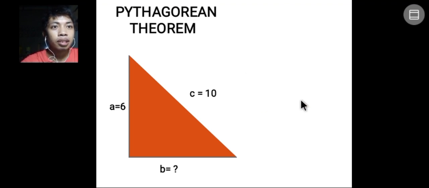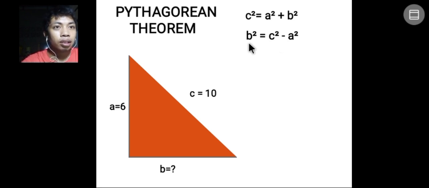Then let's try another example. What if the missing value is the adjacent side? So all we need to do is derive the formula from c squared is equal to a squared plus b squared. Using the derivation, we can come up with this kind of formula. So from here to here, b squared is equal to c squared minus a squared. Like before, we need to substitute the corresponding values